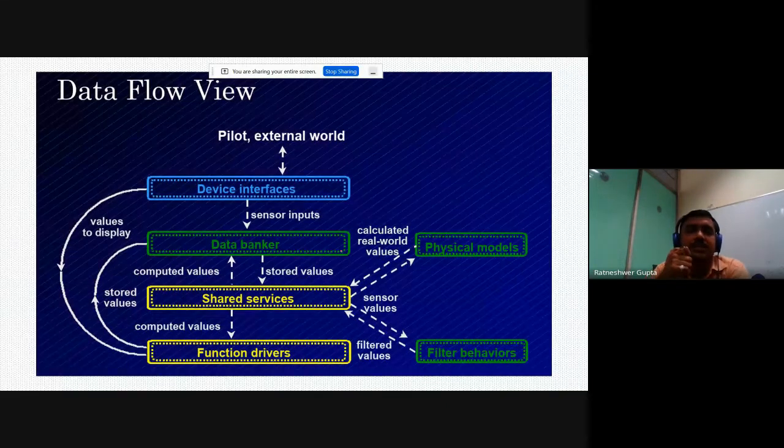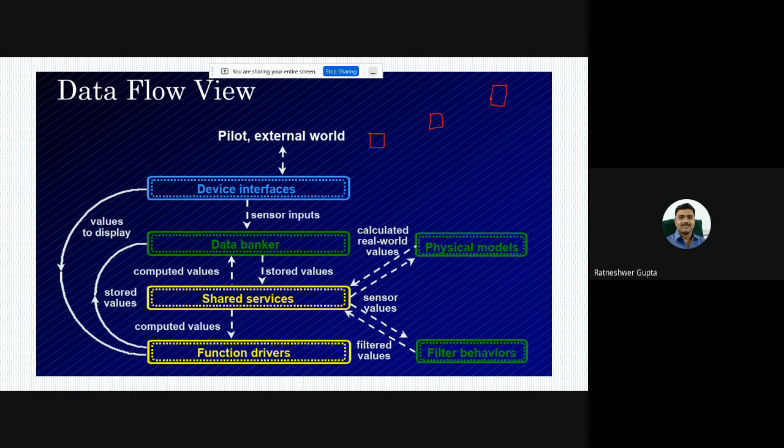One perspective is the data flow view. In this data flow view, we check how the data flows from one end to the other end. If you take a simple example of a banking system, suppose a clerk is there, a manager is there, and a branch manager is there. Suppose you have to withdraw money, so you are the customer. What you will do is submit the request to the clerk. This is how the data is flowing from one component to another component.